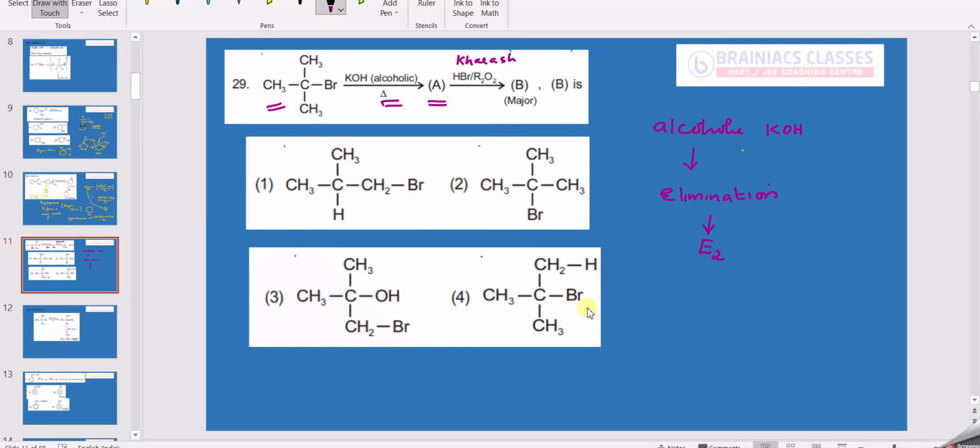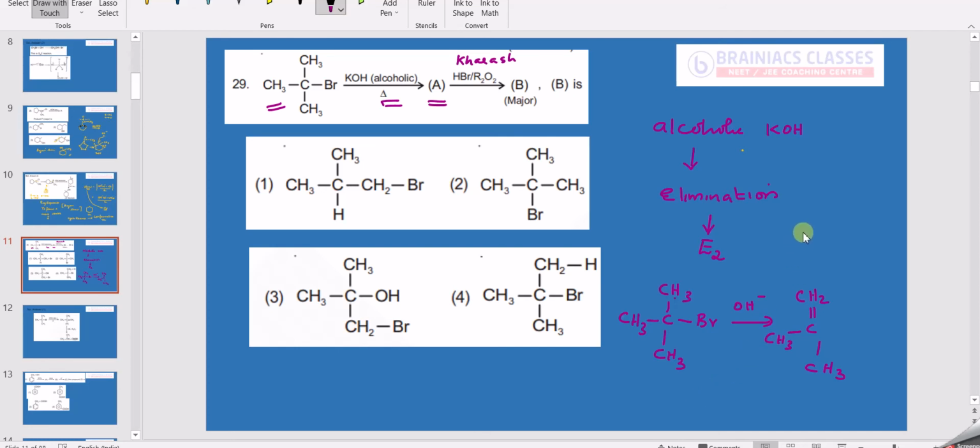Let me say here you are given the compound CH3, C, CH3, then you are having CH3Br. So we know that alcoholic OH with E2 elimination, what product will it form? OH minus is a base, and it will abstract the proton here, then that bond will come over here, then this will go out. So you will get CH2 double bond C, CH3 and CH3. So you are getting an alkene after the E2 elimination.